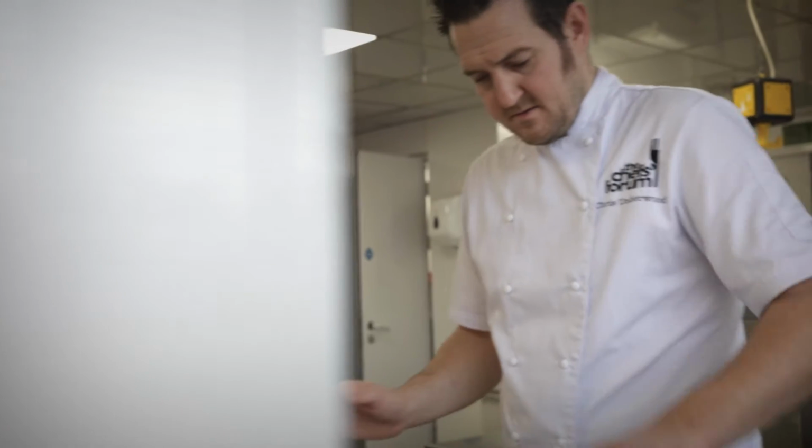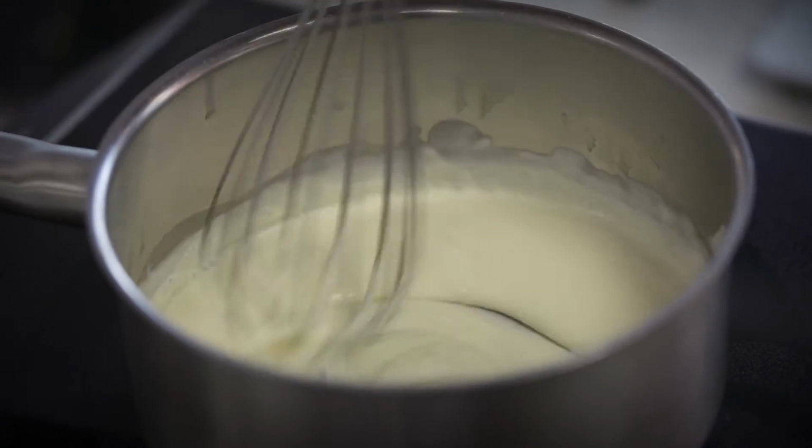I studied the first NVQ 1 and 2 and then realised there was a pastry course, so taking up the pastry course in the third year got me really into the pastry side of things. So I started off at Cadogan Hotel in Berkshire working for John Wood. I was there as a commis for a year and a half, and then moved on to London where I worked at numerous restaurants at 1 and 2 star level for the majority of my career, working with people like Shane Osborne, Tom Aikens, Simon Rogan,